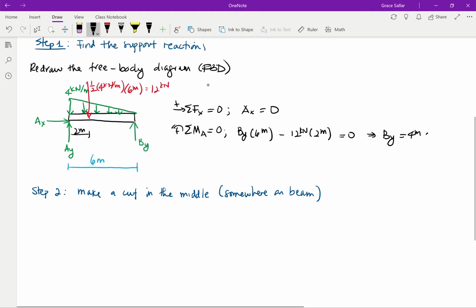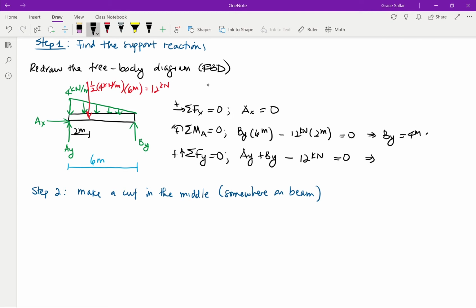So we're going to sum forces in the Y direction, and up is always positive in my books. So AY plus BY minus 12 kilonewtons equals 0, which means that AY is equal to 8 kilonewtons. Now we're going to make a cut somewhere in the middle, so we're going to draw